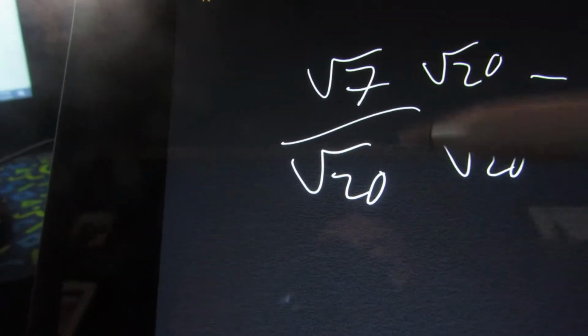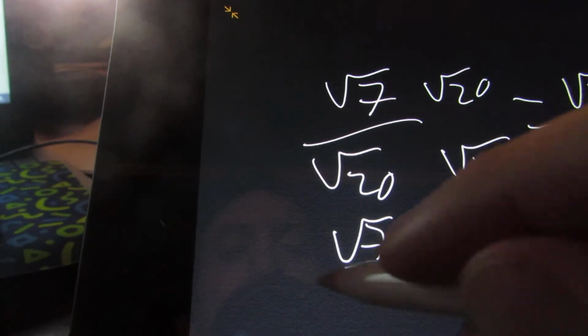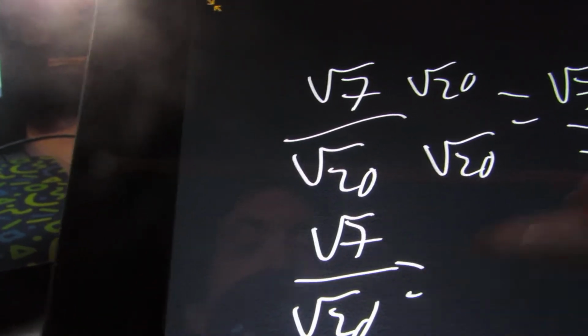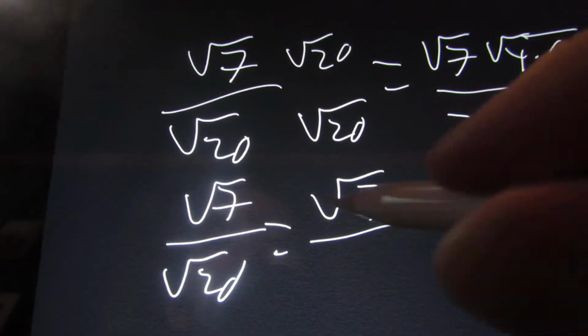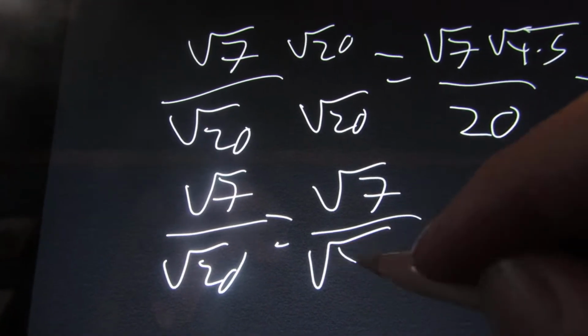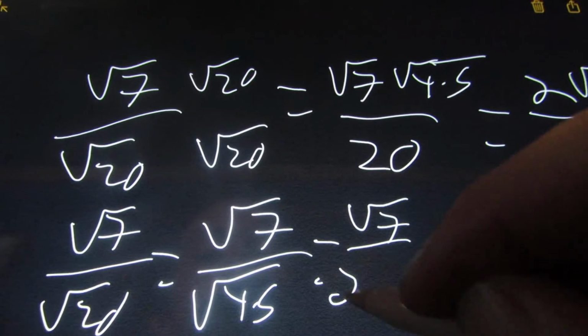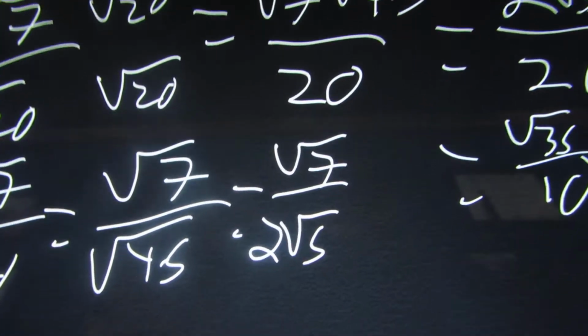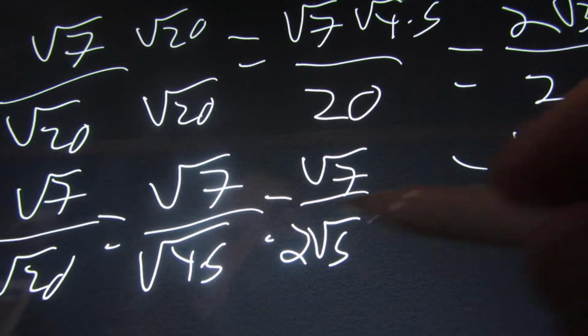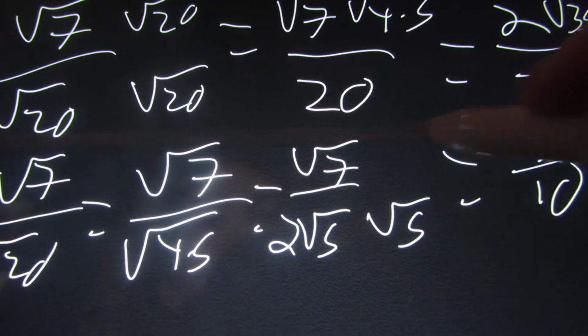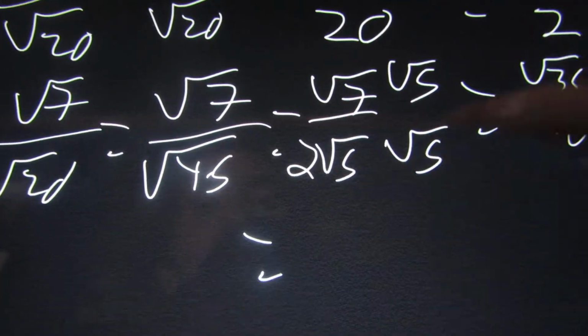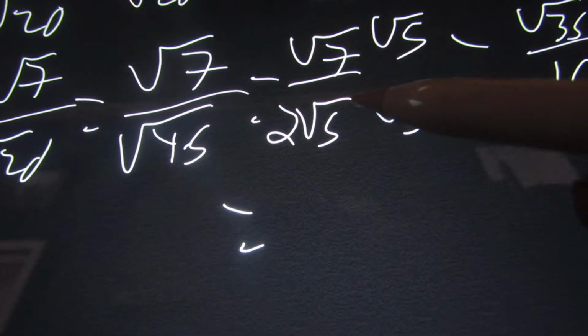Now on this, you could have done that first. So let's say we have square root of 7 over square root of 20. Change this to be square root of 7 over square root of 4 times 5, which is square root of 7 over 2 square root of 5. And now we can just multiply both top and bottom by the square root of 5, because that's what we're trying to do, is just get rid of the